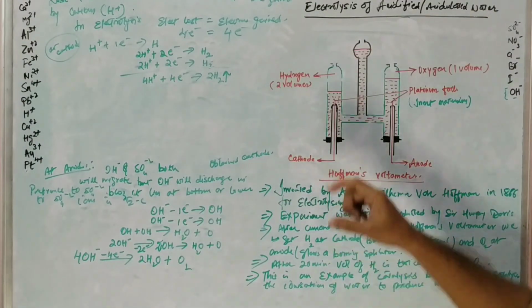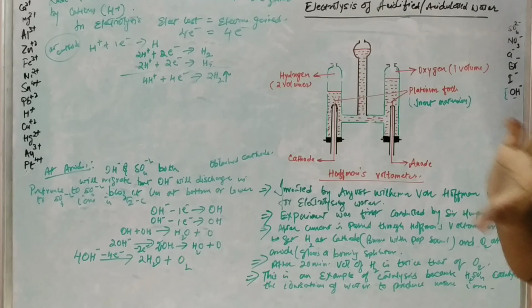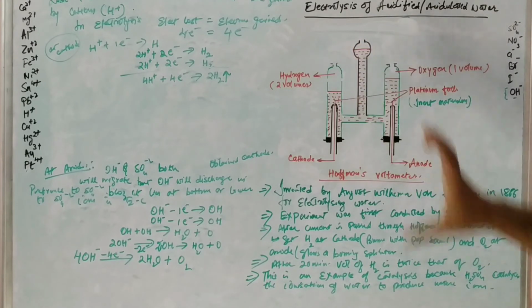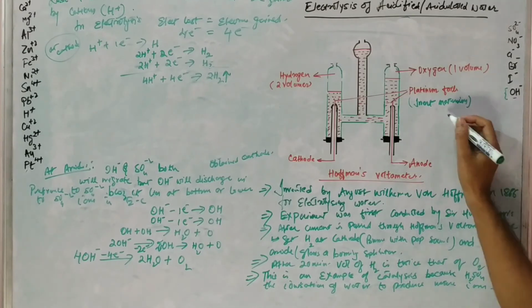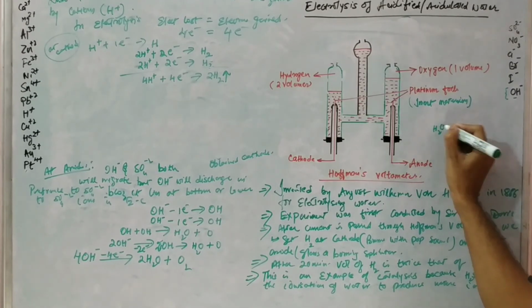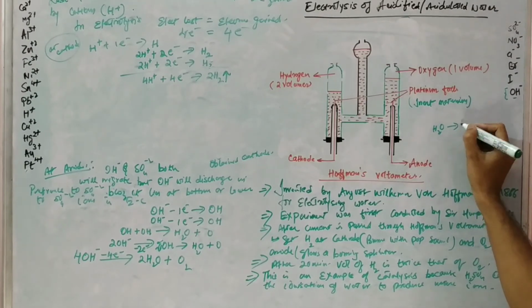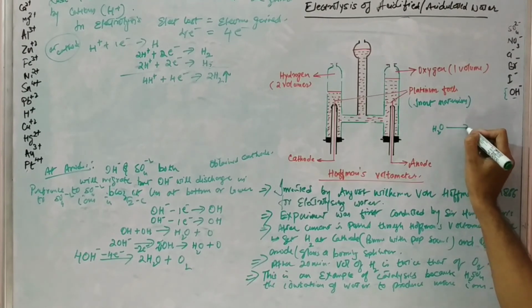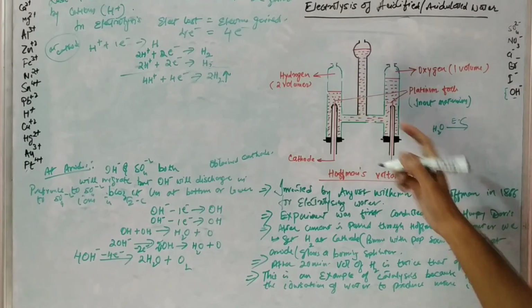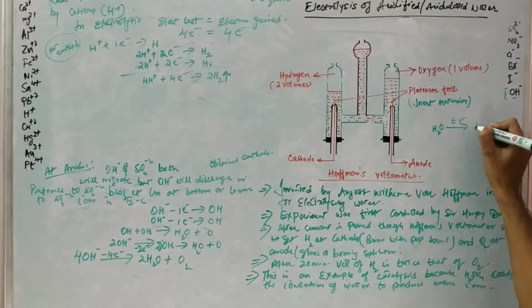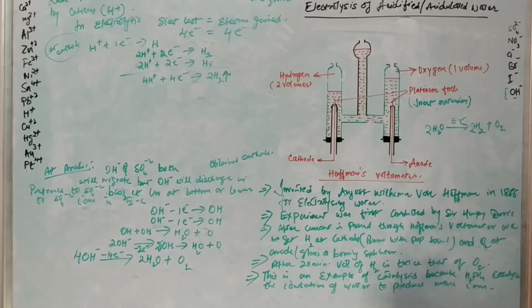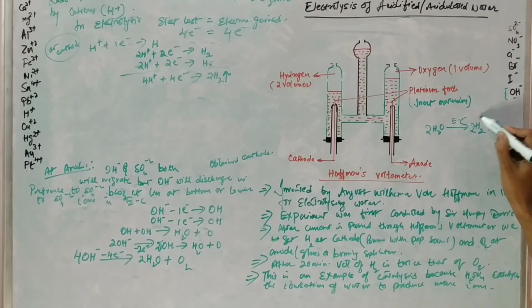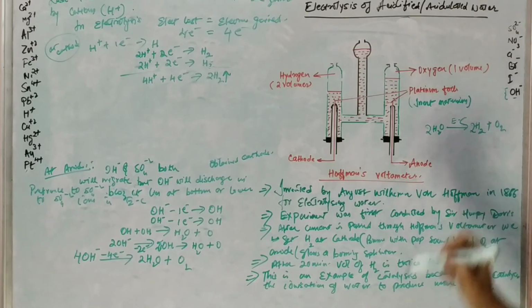If you look at here, we are getting 2 volumes of hydrogen and 1 volume of oxygen for every water molecule, right? If you look at the ionization of water, when water dissociates or decomposes in this electrolytic reaction, it will form hydrogen gas plus oxygen gas, right? So we have, if you look at this,